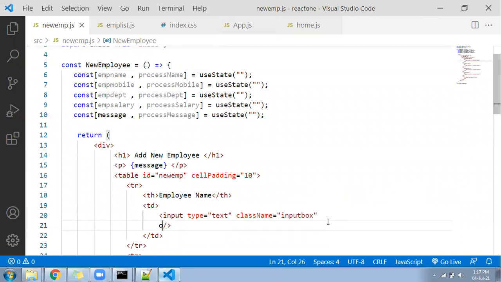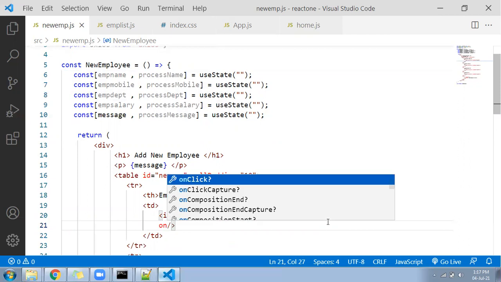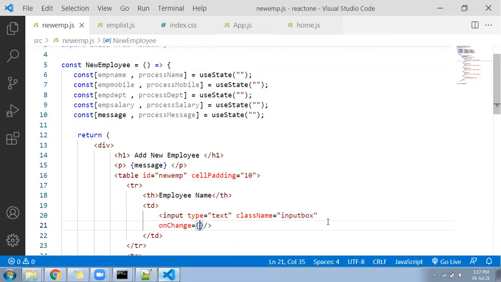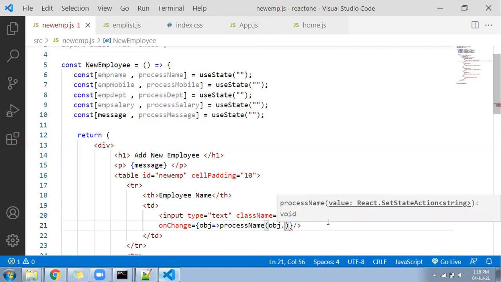Okay, so let's go and come back here and write on change equal to. Do not call the function directly; in hooks, there is a different way to pick the value from the text box. So I'll create an object here, and with the help of the object I will call that function, process name, and inside process name we can pass obj dot target dot value, overall the value of the current text box.